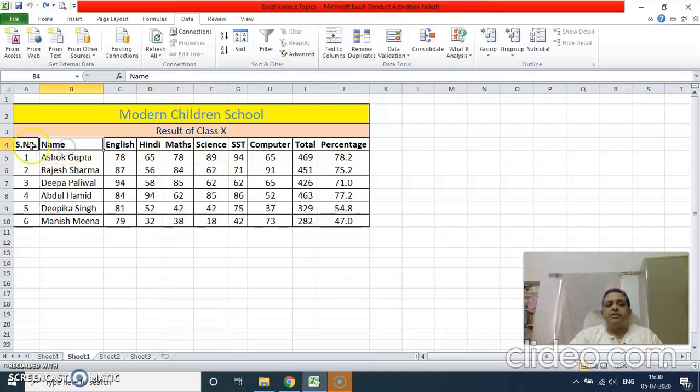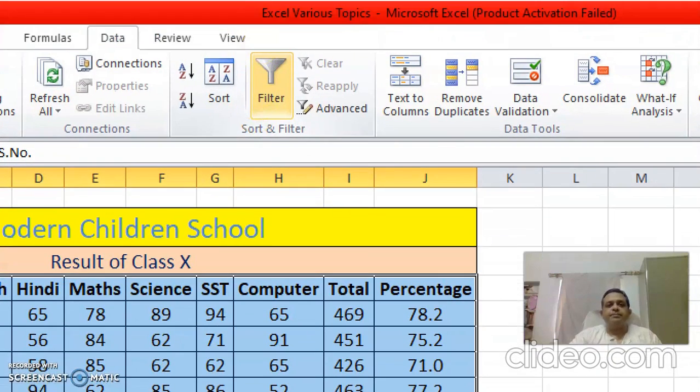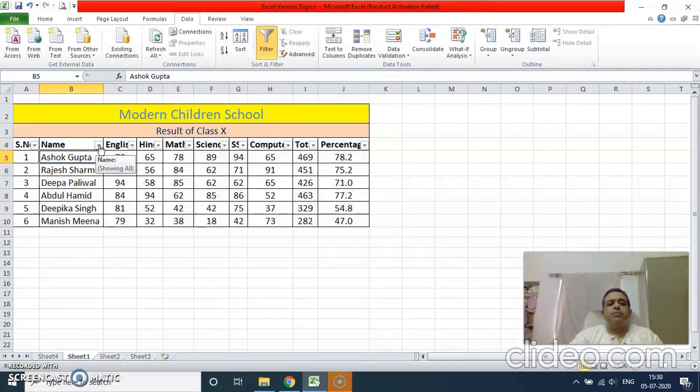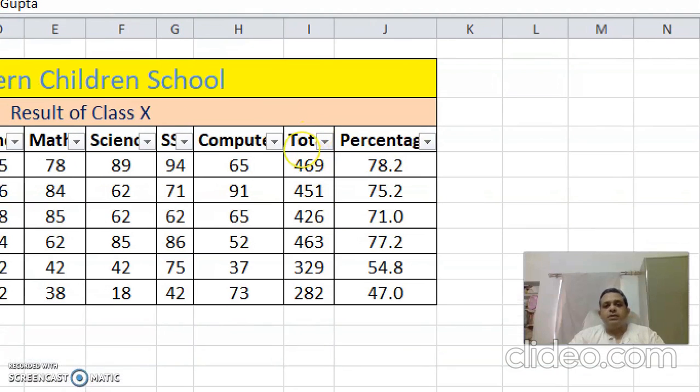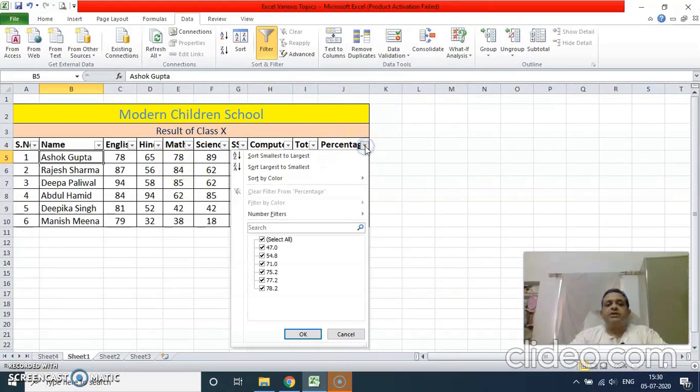Again, click on the data or select the data that you wish to filter. This is your filter button or filter icon here. Click on filter, and if you notice, you are going to get these drop down menus on all the headings. You are seeing here, these are the drop downs. Fine. Now when you click on any of these, suppose I want to see on the basis of percentage,